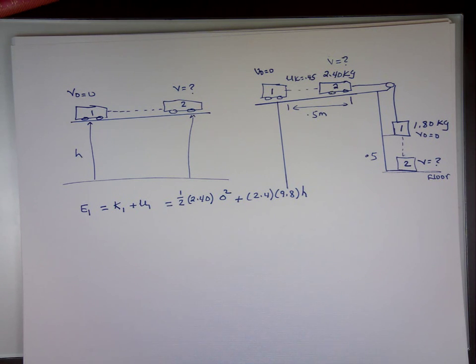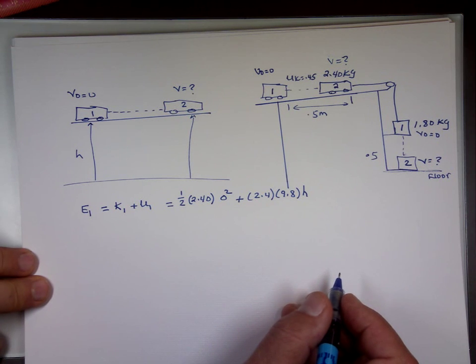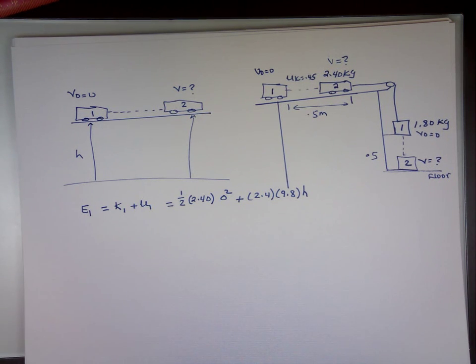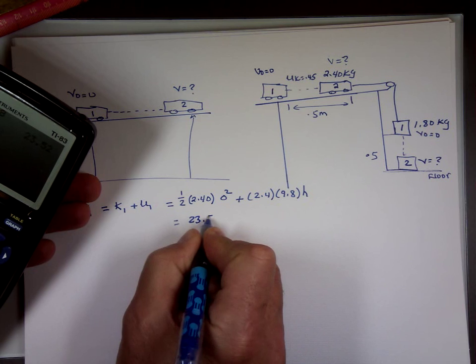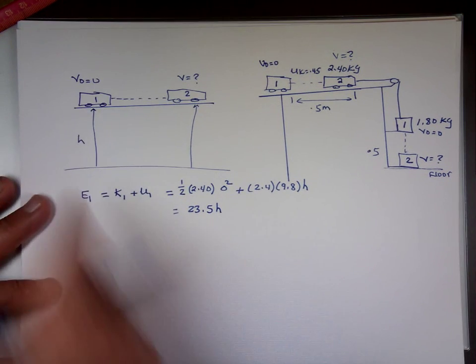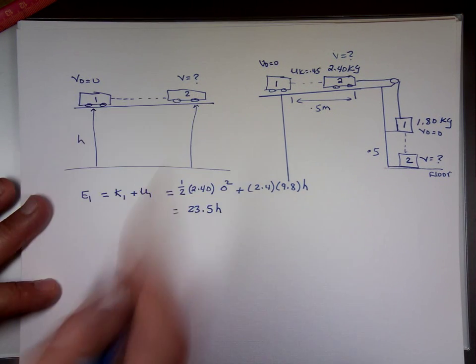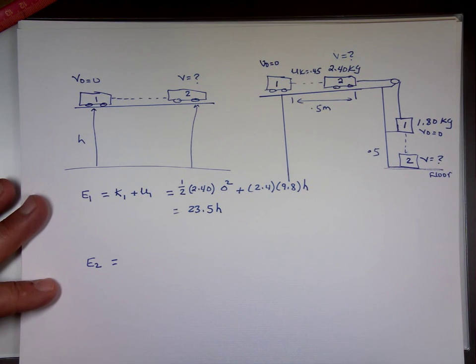So what's that number when we do the math? 2.4 times 9.8 is actually equal to 23.5 times h. Let's look at the block as it moved from here to there. Now it has a speed. The speed is what? Kinetic energy